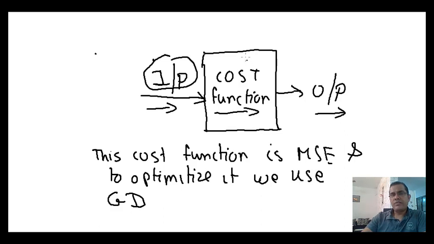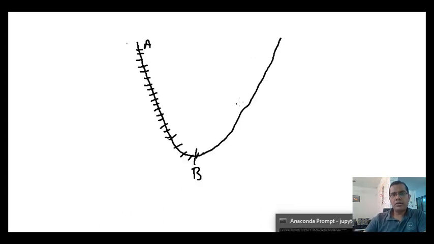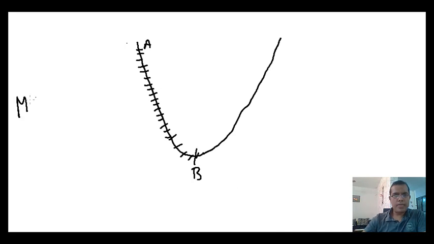So in linear regression, we are using MSE as the cost function. And now comes the question, why only MSE can be used as the cost function? And why do we only take the square? Why not power 4 or power 6 or power 8? So the reason lies over here. Remember one thing, that MSE is a cost function. But to get the optimum value of MSE, I use gradient descent.